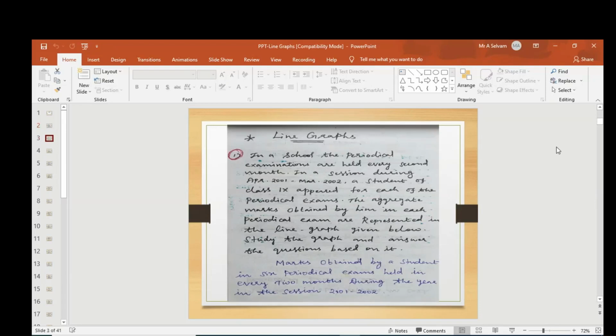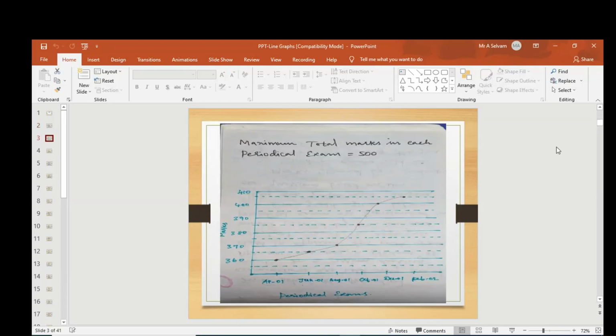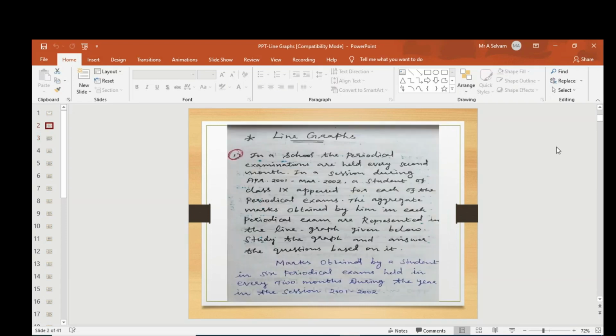For example, I will show one graph likewise. One parameter we have to take on the x-axis, and another parameter on the y-axis, whether it is a manufacturing company, IT sector, education institution, or any kind of business-based criteria. Okay, we can follow. So based on the line graph, we are going to discuss the first problem.